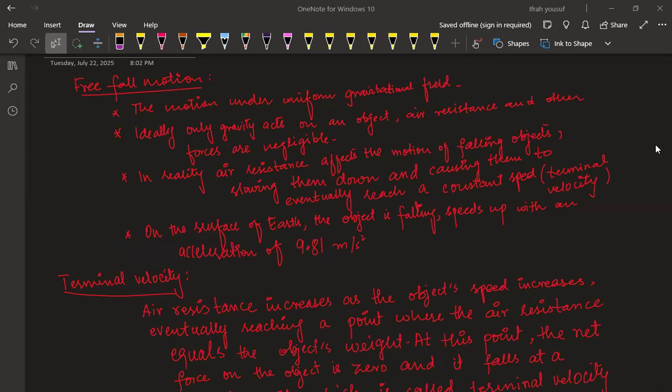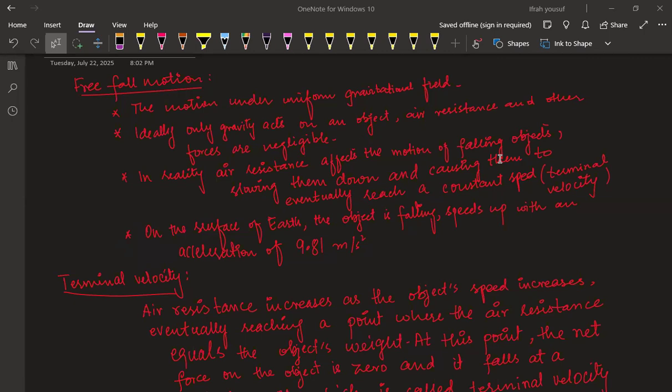So how can we say that a body is speeding up? For example, if you throw one object, do you think it will speed up, or will it have the same speed? What do you think? When it's falling, it will have constant speed. Okay, constant speed. No, sorry, it'll speed up. Yeah, a different speed.